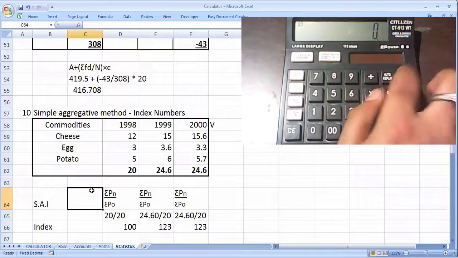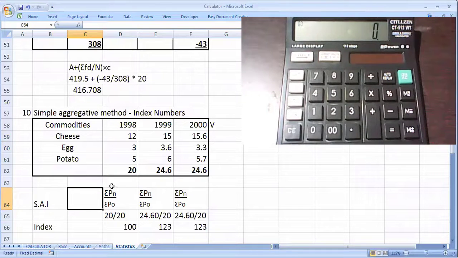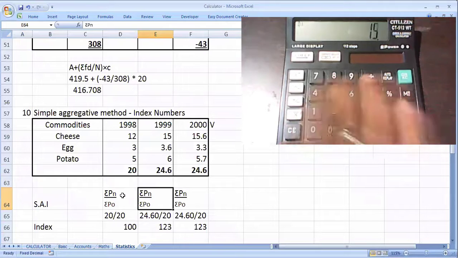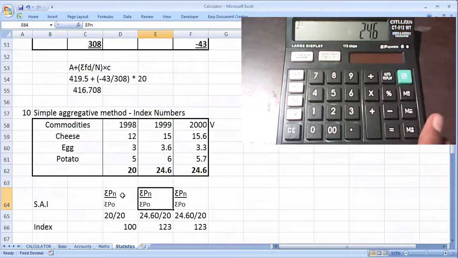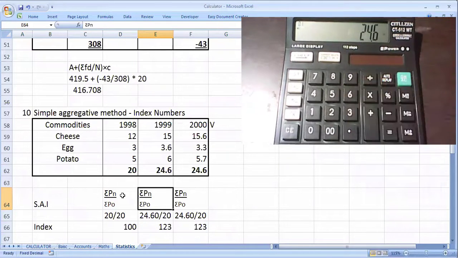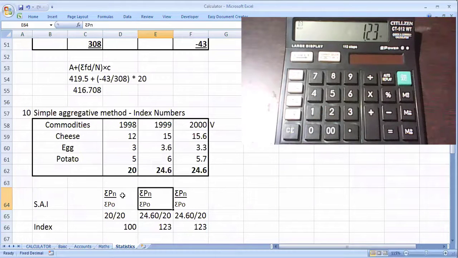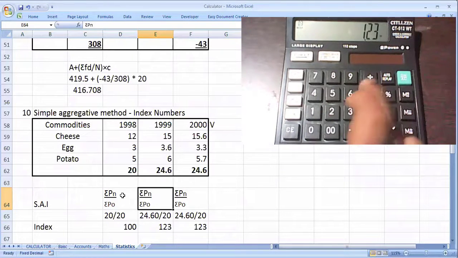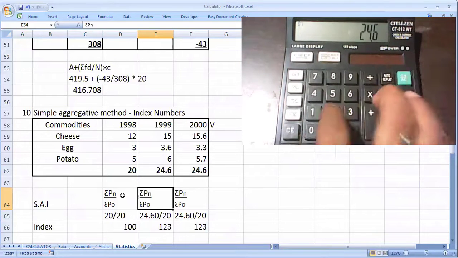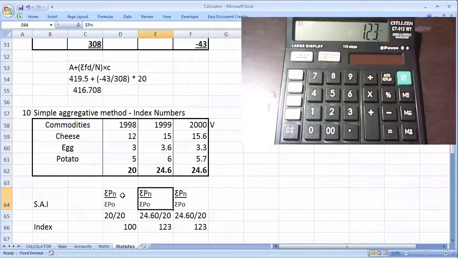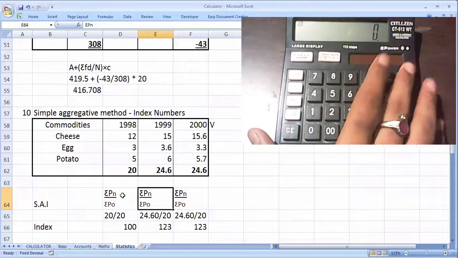They asked us to calculate the index value. How to calculate, Nana? Current year divided by base year. What is the current year? 2020. Okay, leave it. Come to the other one, Nana. 15 M plus 3.6 M plus 6 M plus MRC gives 24.6, divided by the base year, 20, is equal to 1.2, into 100 is equal to 123, the index. Next, 24.6 divided by 20 into 100 is equal to 123. Very simple, right? That is why it is called simple.